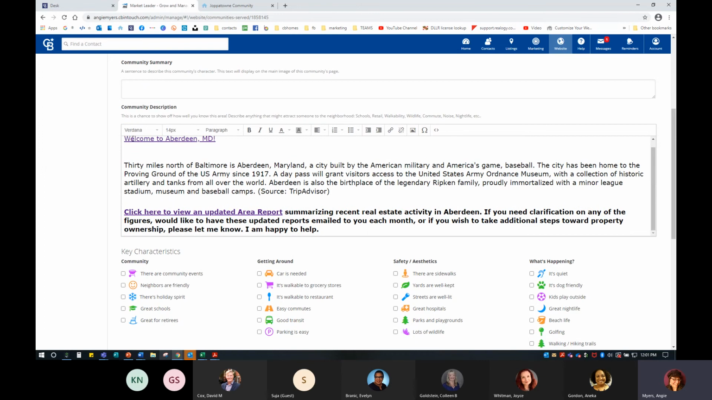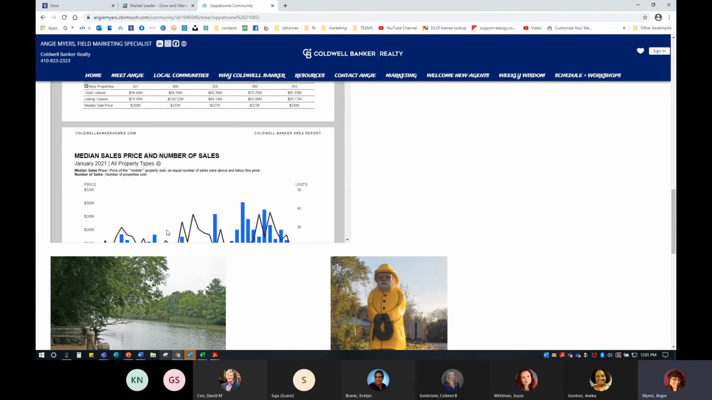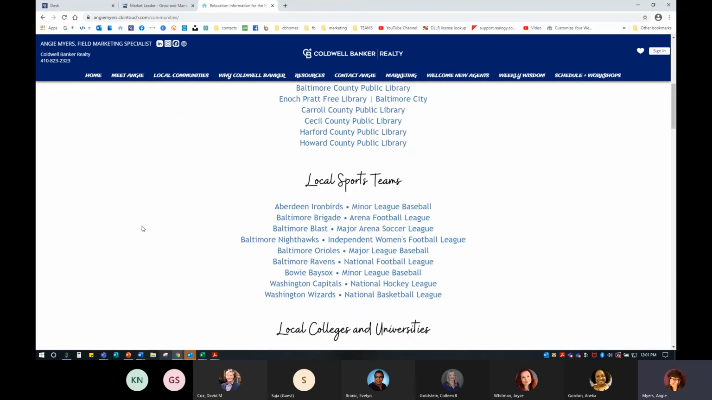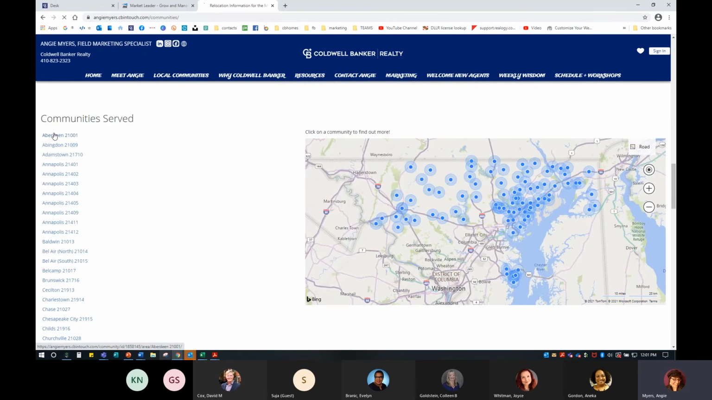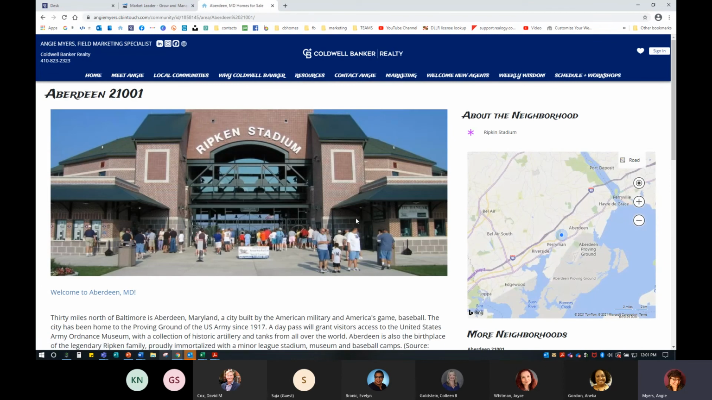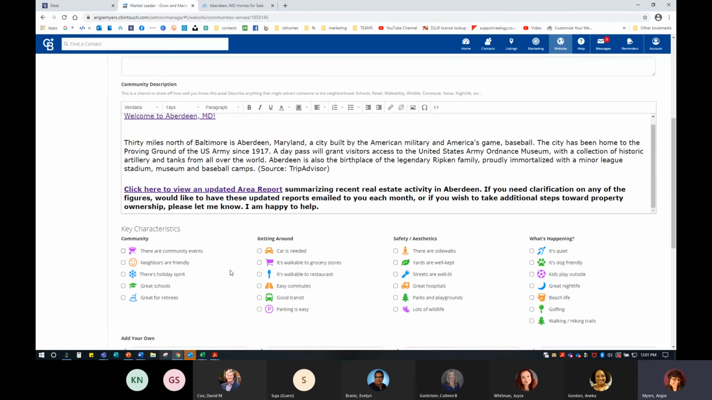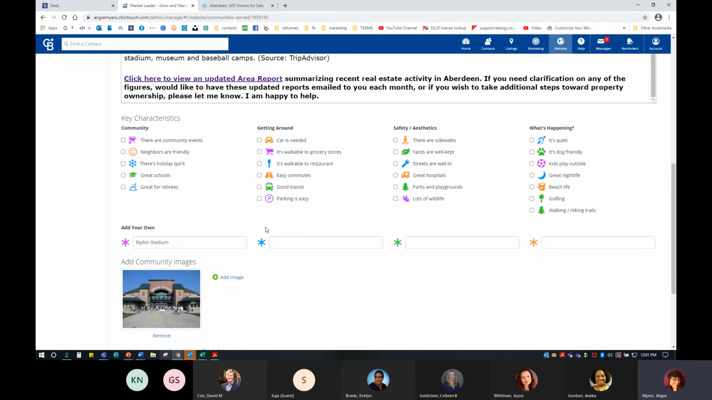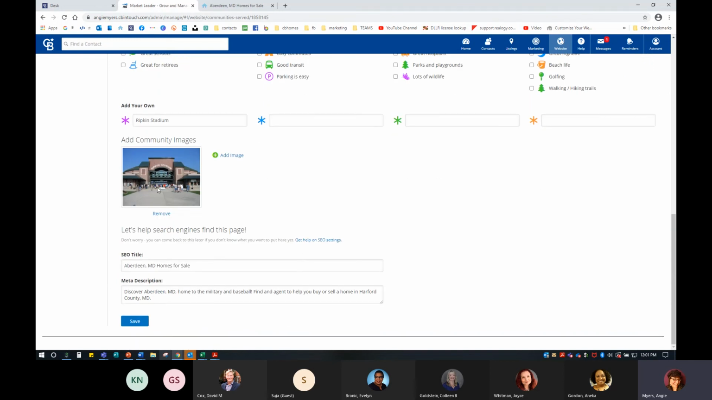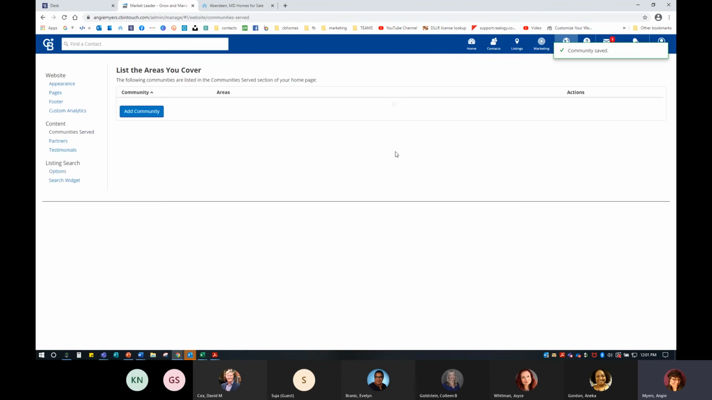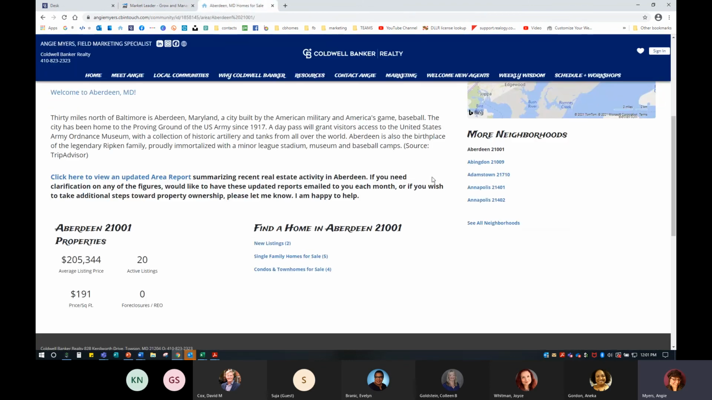additional information. So you can see Aberdeen, although Joppatown has a lot of information in it, if you go to my local communities and you click on Aberdeen, they will come up in alphabetical order. You'll see here I do have a stock image of Ripken Stadium, and I have just a little bit of information. So just know that you put as much or as little as you would like. Just be aware of fair housing when you fill out the key characteristics. Again, that photo that you own, and then save that, and anything that you update will come through automatically on